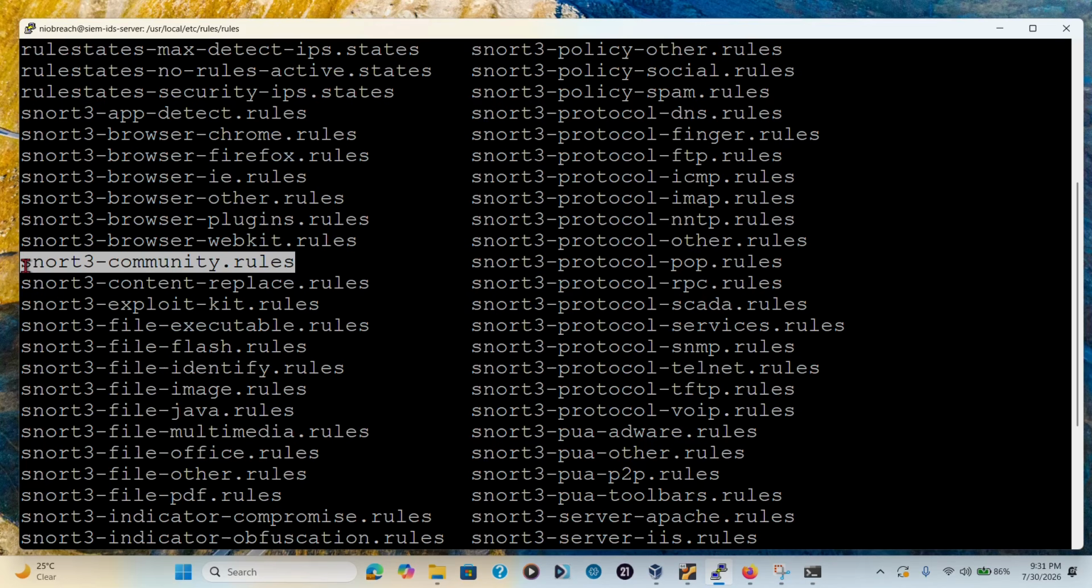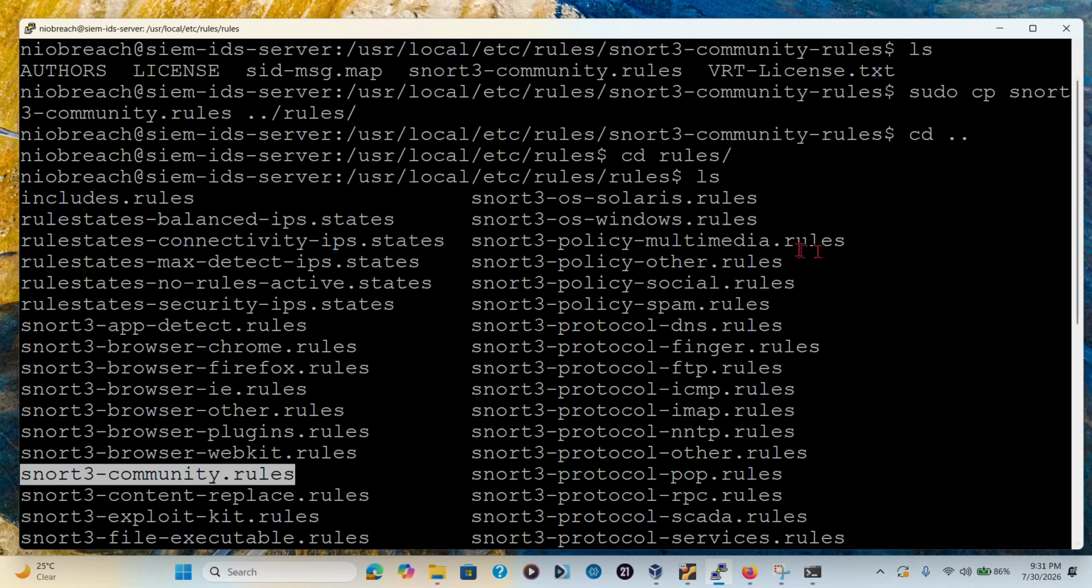So the next thing we're going to do, we just need to include the community rule into the includes.rules file. So in here, you're going to find a file called includes.rules. So we're going to open this file, then we make changes to it to include the community rules. Right. So what I'm going to do,